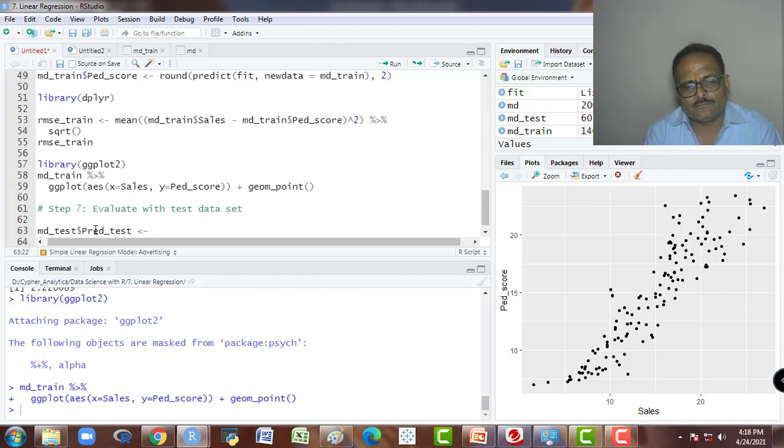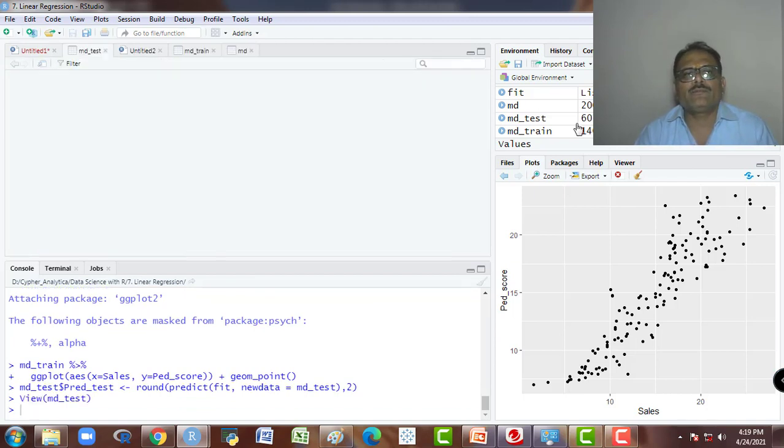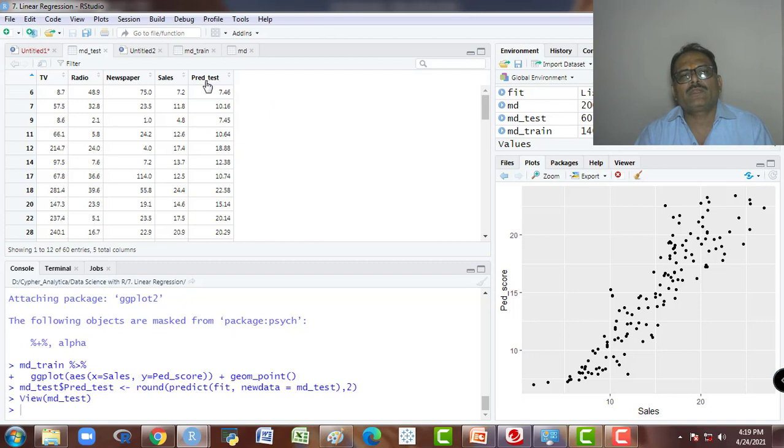So the same thing: round I am taking, then the predict function, I will use the model, then new data, which is the test data, md underscore test, and after the decimal I require only 2 values, and I run this. And I will show it in the test data. So it is the predicted test and this is the cells.